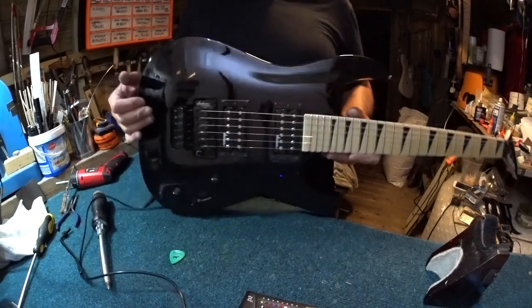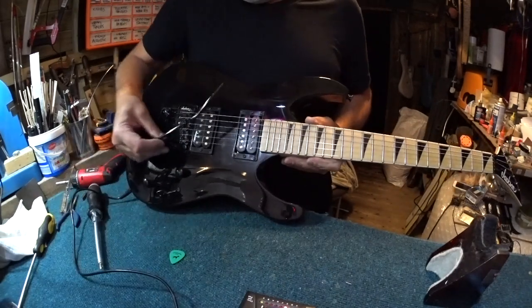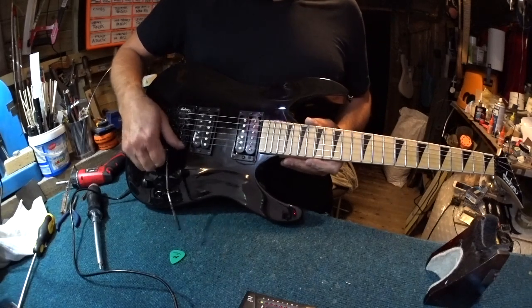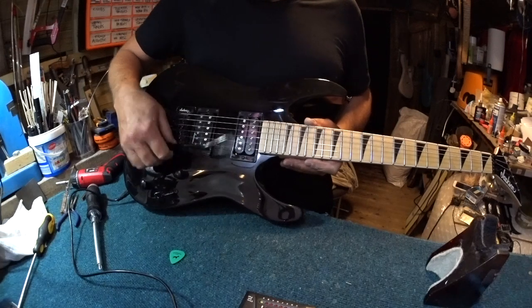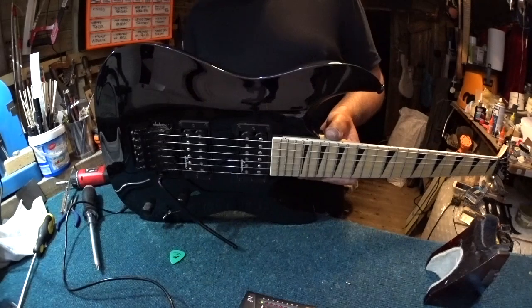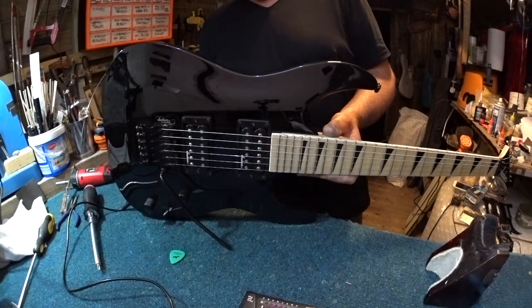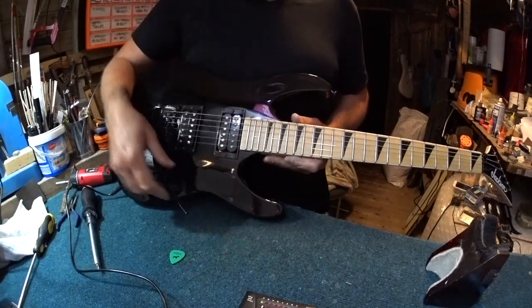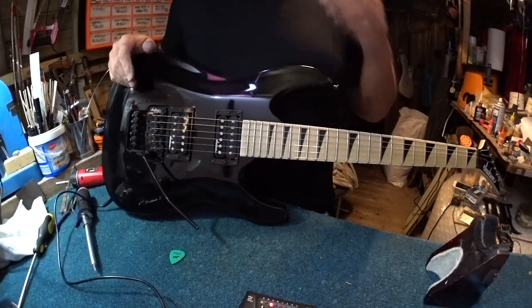There we go. So we've now reached equilibrium in the correct position. So the secret is get your strings on, lock them down, get them tightened up both ends, nice and tight, then spend five goes of stretching them out. When you've stretched them out, you want to